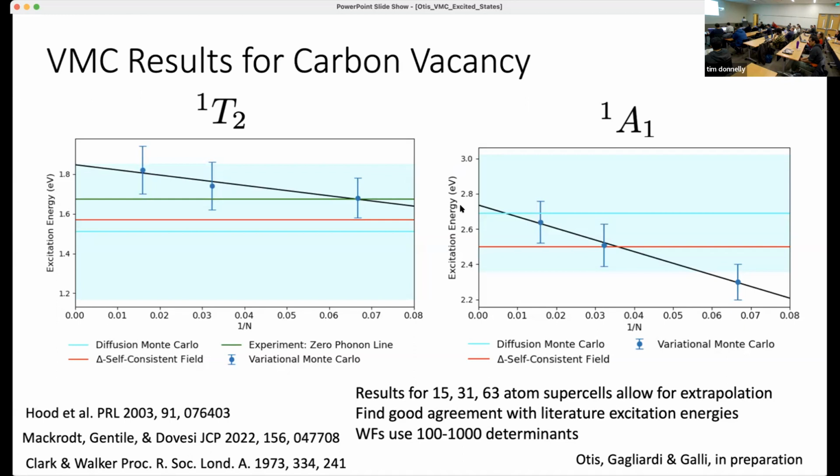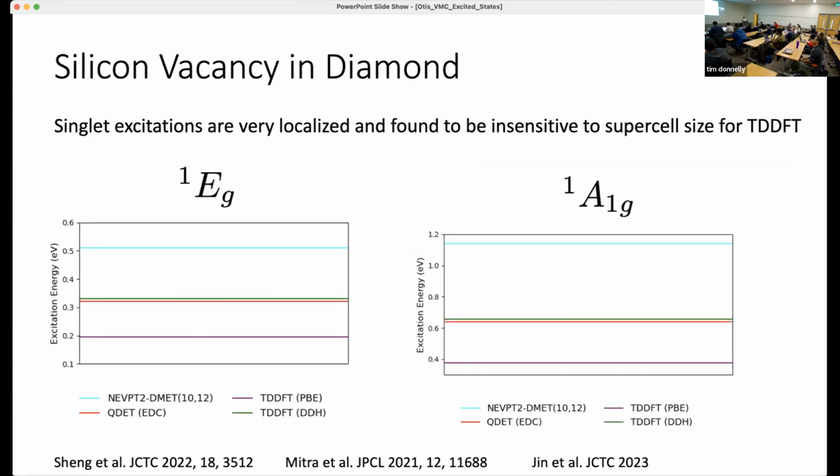So that was the initial check on the accuracy of this VMC approach for defects. And then I looked at this silicon vacancy example that I showed a moment ago, specifically these particular singlet excitation states that are pretty localized. They've been studied with different types of embedding methodology: density matrix embedding theory, and also what's known as quantum defect embedding theory, a Green's function GW-based approach that groups I'm working with at Chicago have been recently developing